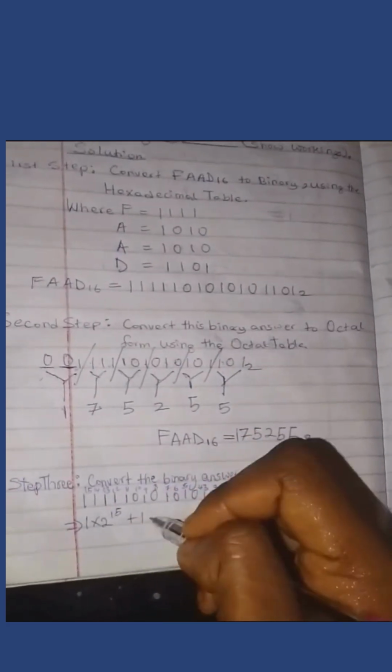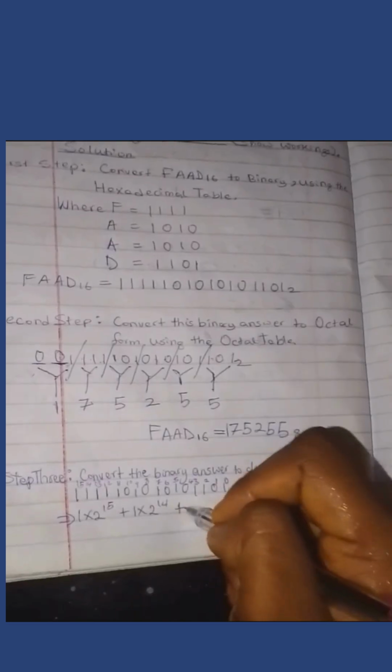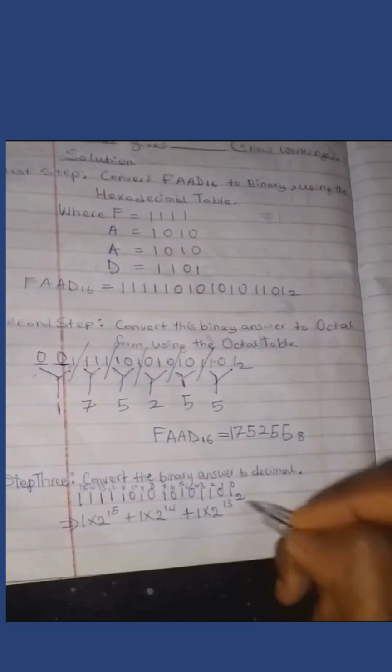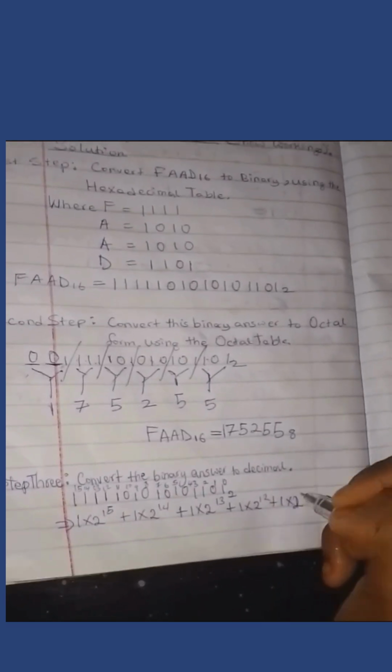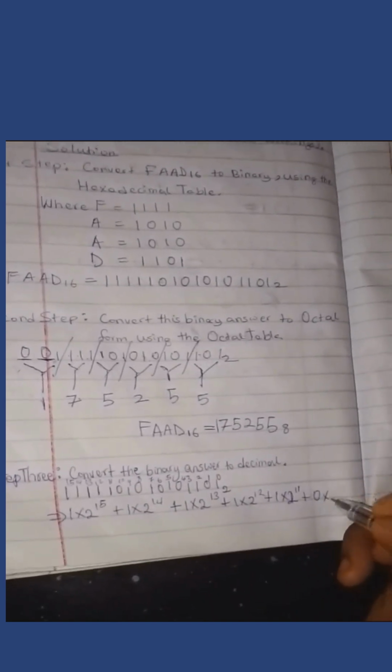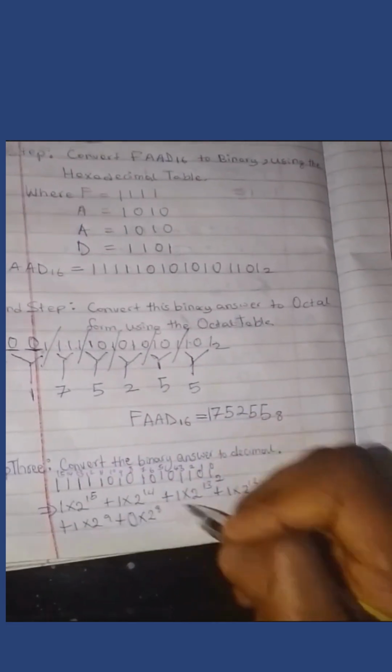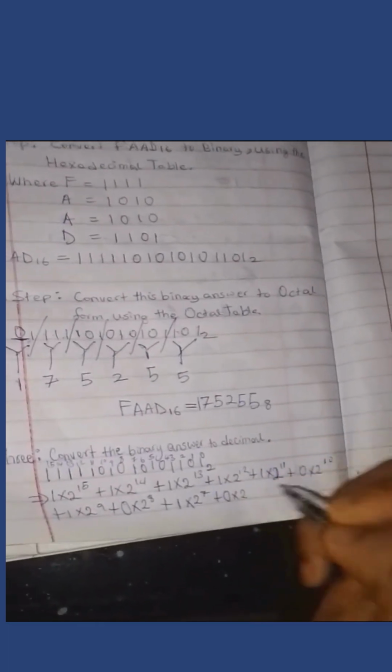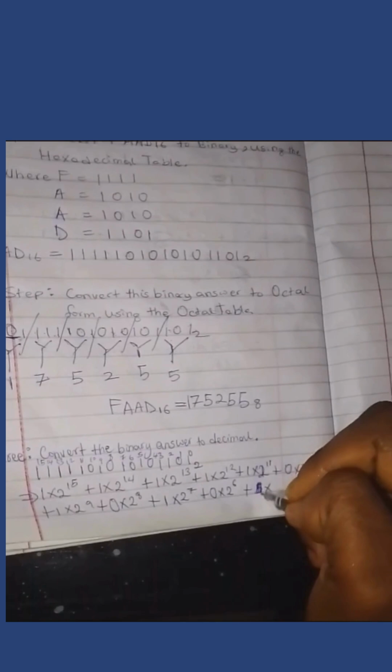This implies 1 times 2 raised to the power 15 plus 1 times 2 raised to the power 14 plus 1 times 2 raised to the power 13 plus 1 times 2 raised to the power 12 plus 1 times 2 raised to the power 11 plus 0 times 2 raised to the power 10 plus 1 times 2 raised to the power 9 plus 0 times 2 raised to the power 8 plus 1 times 2 raised to the power 7 plus 0 times 2 raised to the power 6 plus 1 times 2